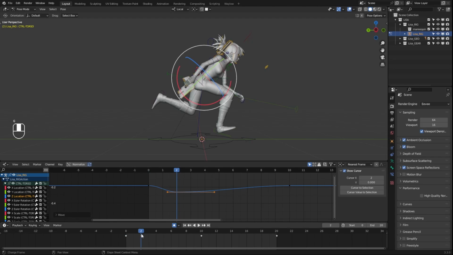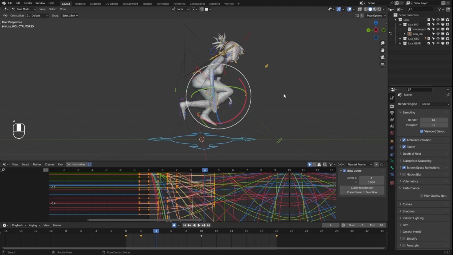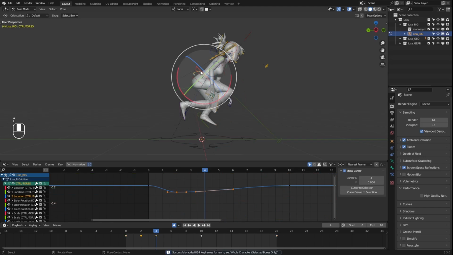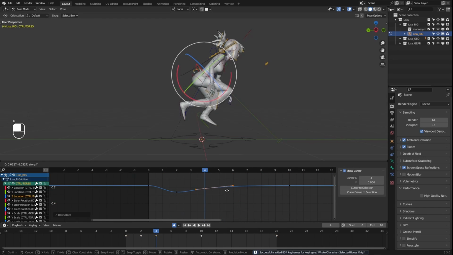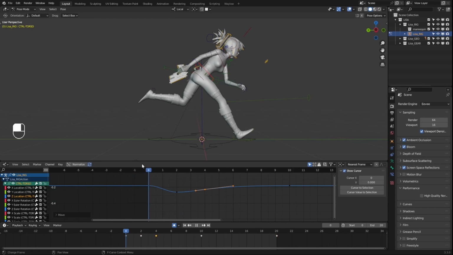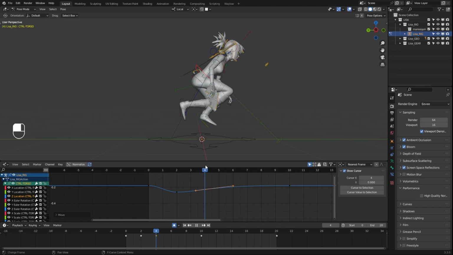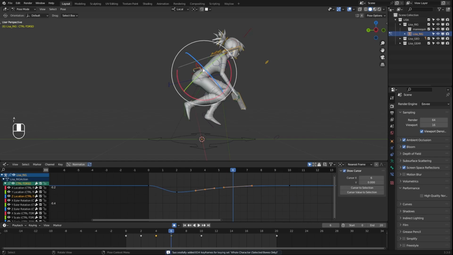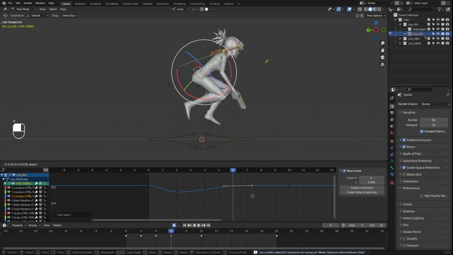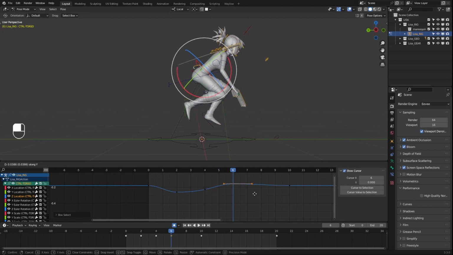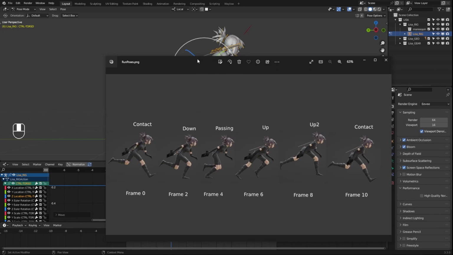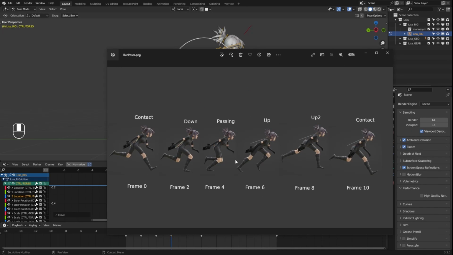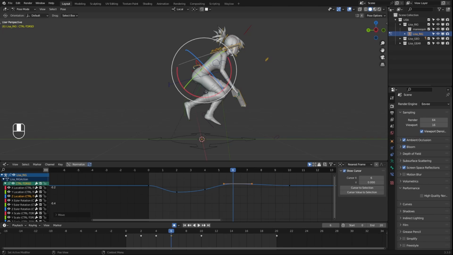It might be a little bit too low, but what I want to do is jump to frame 4, press A to select everything, I to lock a keyframe down, and all the controls. I'm going to go forward and start bringing the hips up. So once it hits the down position, the hips are going to start traveling up and continue traveling up all through the rest of this until it gets back to that next contact position. So the hips are probably going to be up here. If I look at this graph, we know the up position, that hip is going to be still kind of pushing off. So it goes into the down, the hips drop, they start to rise up and hit the highest point on that sort of up